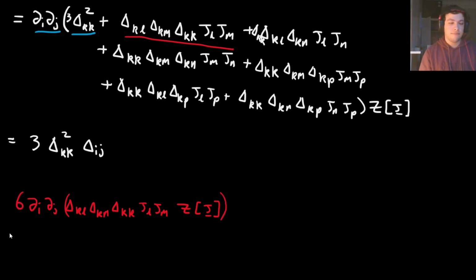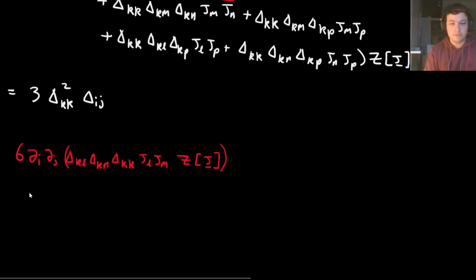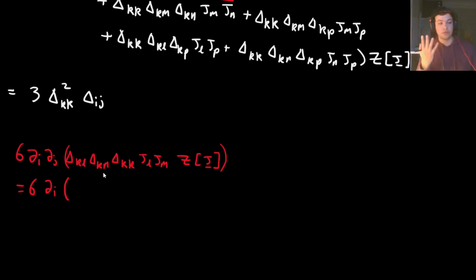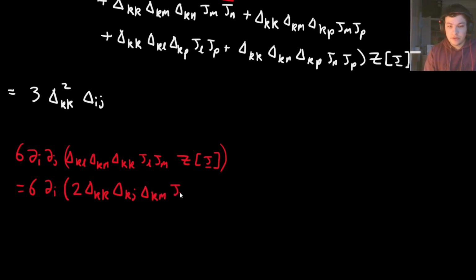And we've got 6 of these because they're all the same. They've just got different dummy indices. This is the rest of our sum, right? So this is going to be 6 partial i. So we're going to get 2 different things here, depending on which one we differentiate with respect to j, right? Either we can differentiate the jl or the jm. So we're going to get 2 delta kk, delta kj, delta k, the one left over, jm. And then we don't bring in another factor from our zj because that'll get killed off when we set to 0. So we just leave our zj here,